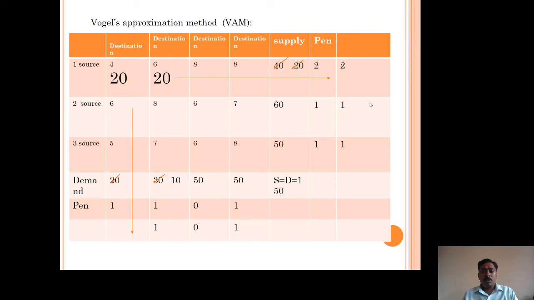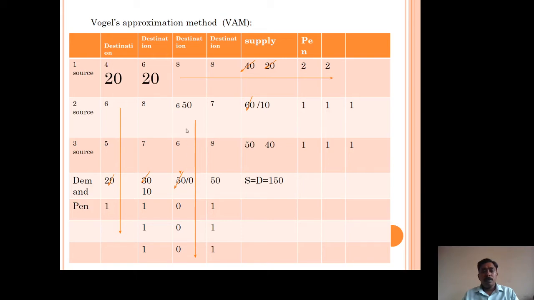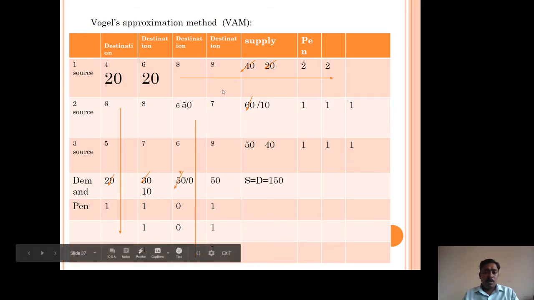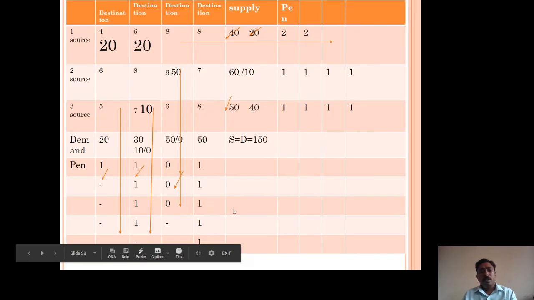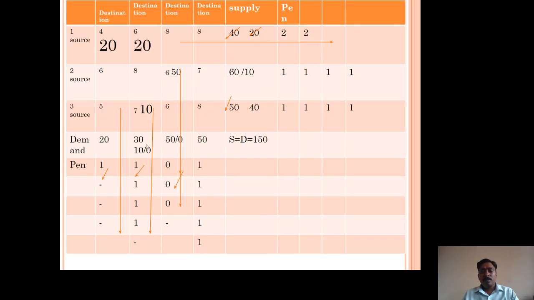Suppose I choose this row, where the minimum value is this one. How much can you allocate? The availability is 60, the requirement is 50, so you can allocate 50. Now the requirement is finished here, and the quantity remaining is 10. Now calculate row wise again, penalty 1 here and again 1 here. Vertically also 1 and 1. Again you can choose arbitrarily. Now I have chosen this one. The availability was 50, the requirement was 10, so allocate 10. The requirement is finished, and the availability here is now 40.